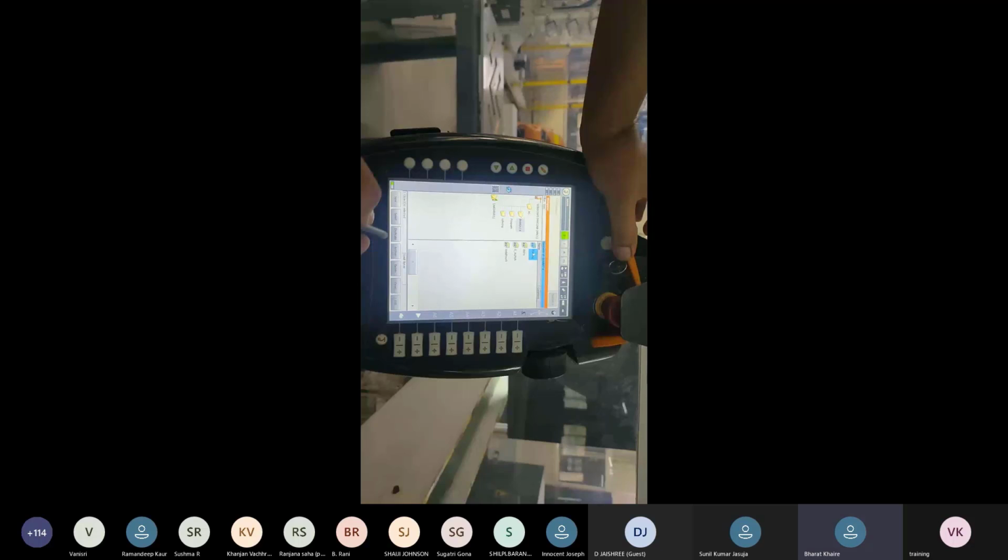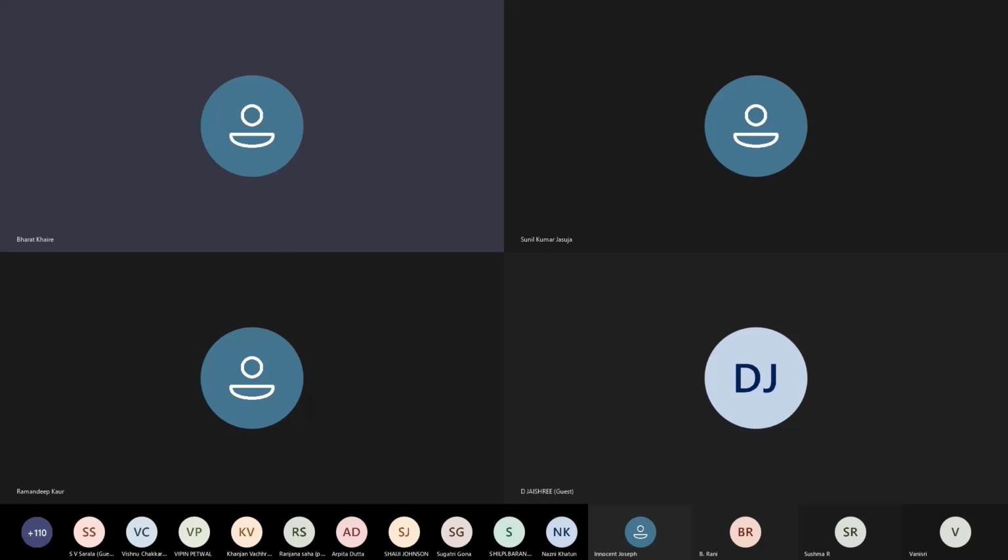Okay, it has not gone to the end of the program. And if the task is complete, complete to the last line, the R color will be converted to black.